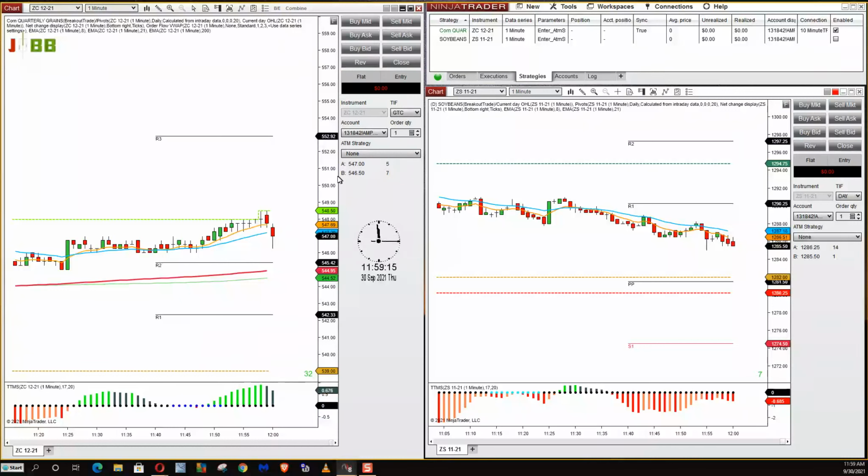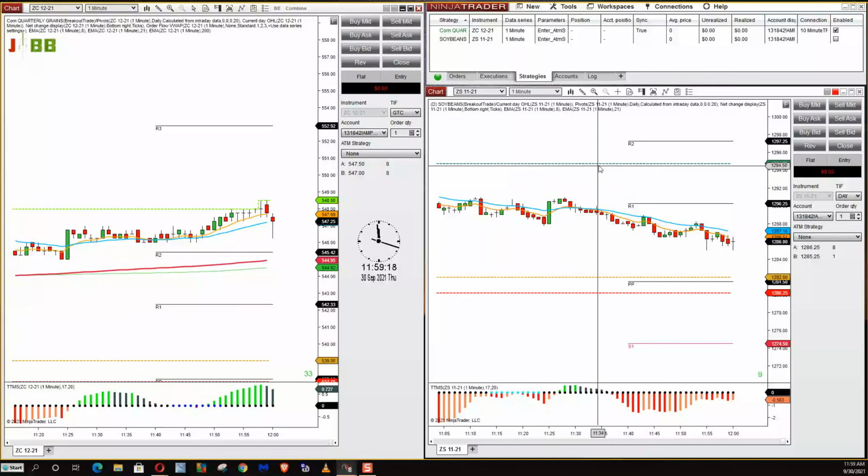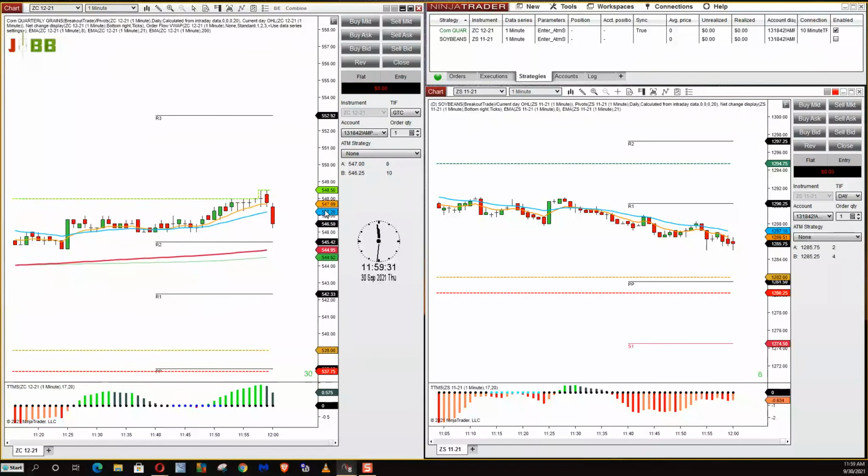Corn is moving. It's a little bit active. I think I'm committed to corn. I probably shouldn't say that, but I think I am.